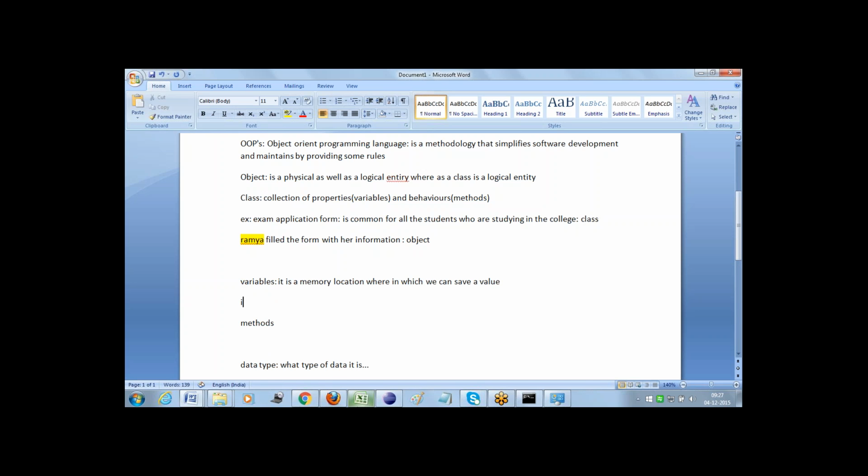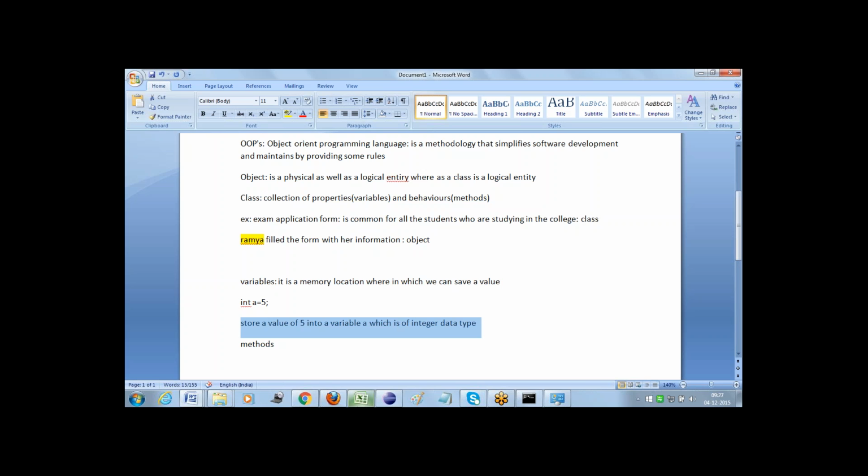In Java, we need to define a variable like int a is equal to 5. The meaning of this is: store a value of 5 into a variable a which is of integer data type.